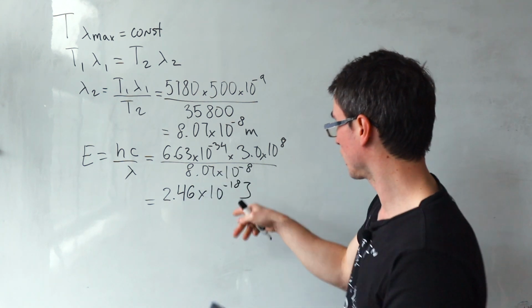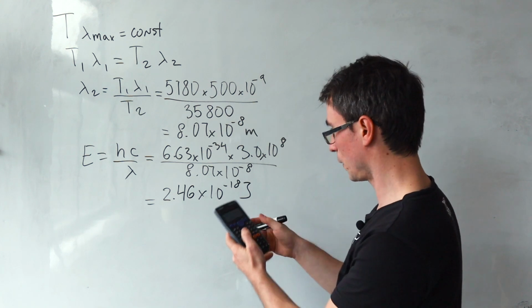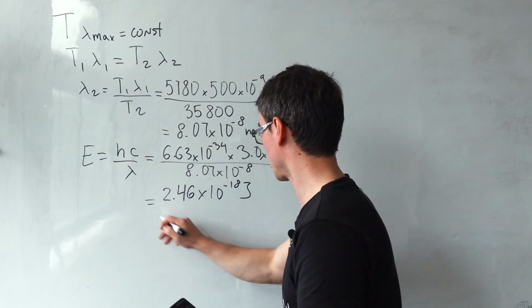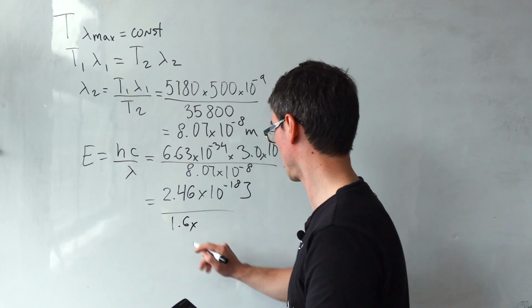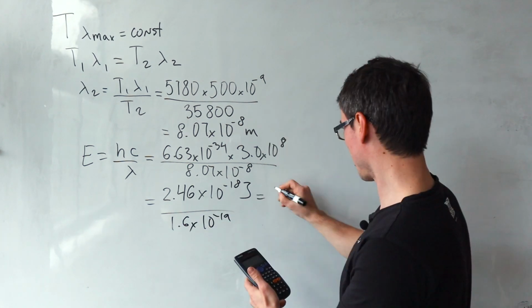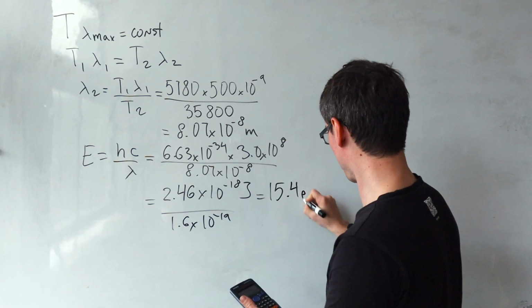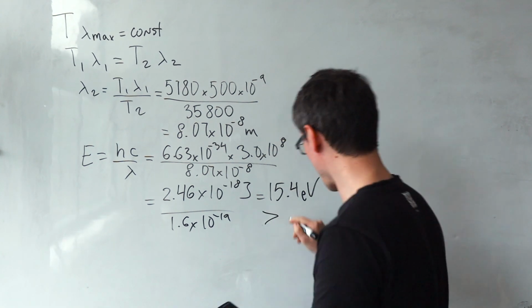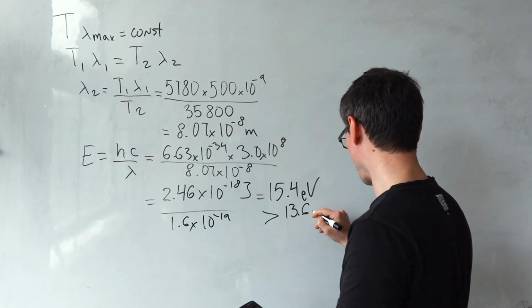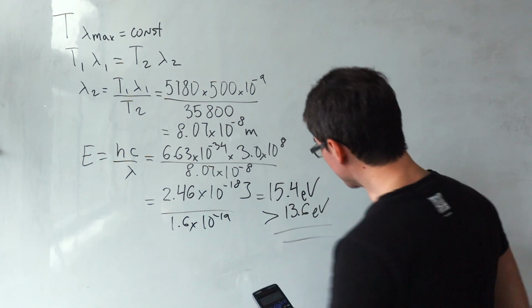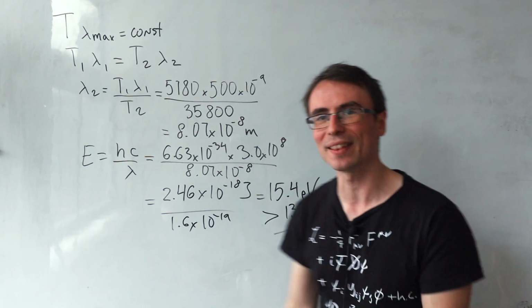And if it's greater than 13.6, it will be ionizing. So the way we would convert that is just literally by dividing by the electron charge, giving us around 15.4 electron volts, which is higher than the 13.6 electron volts needed for this to be ionizing,